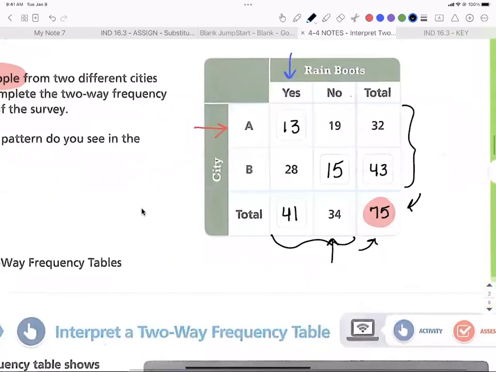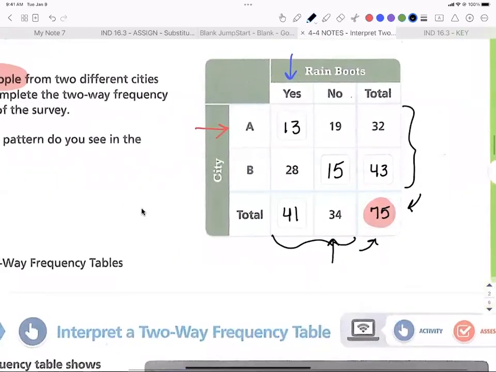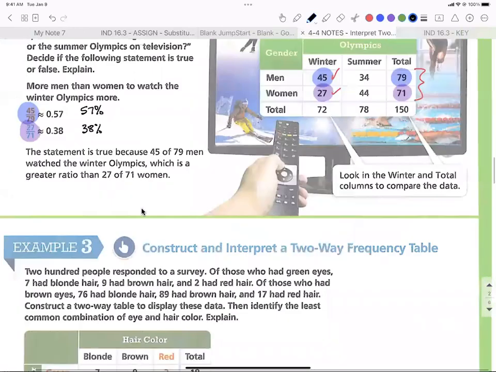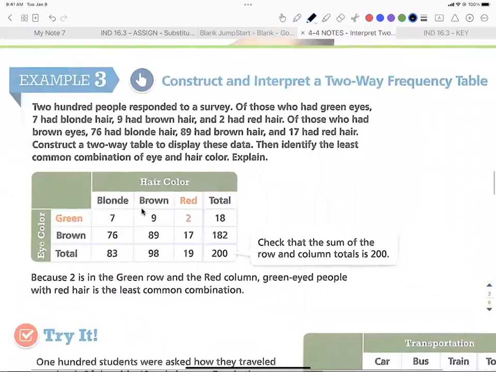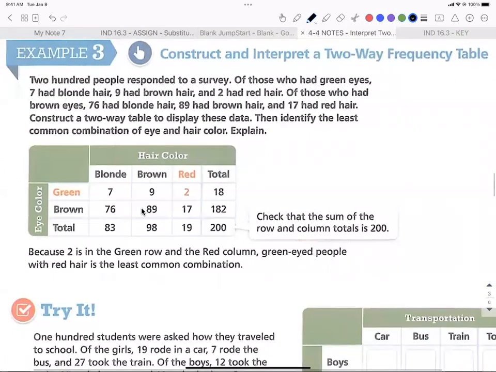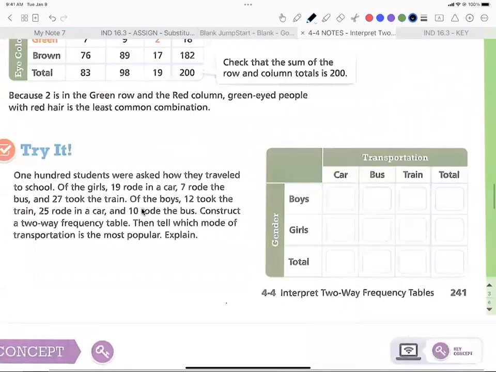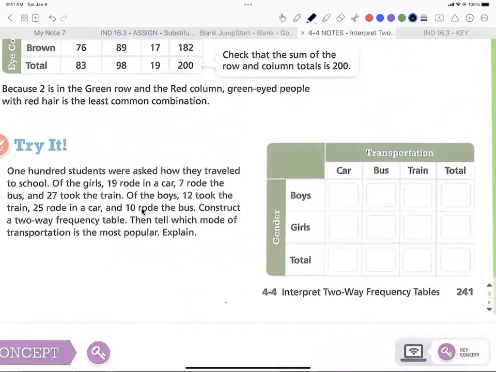Here we had to finish a table by having some empty information, and we had to just fill in what we knew. Okay. Here we're given a paragraph and we actually have to fill in the whole table. So if you look at the try it, because there's really not much we can do with that example other than understand that they give you the information in this right here, and you have to fill it in the table where it goes. So if we do this try it, it's 100 students were asked how they traveled to